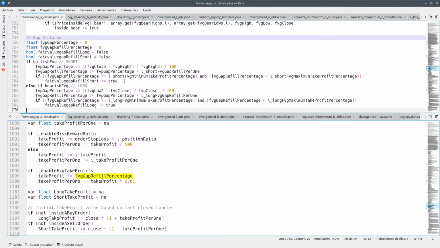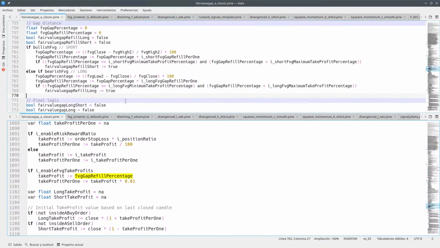Okay. My question is, is this refill percentage based on minimum or maximum or not? It is not based on minimum or maximum. It is based on